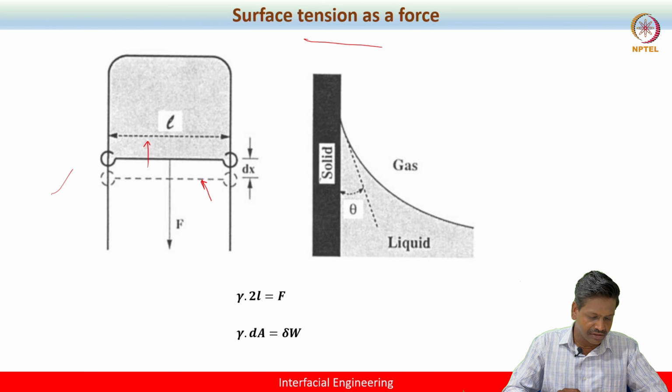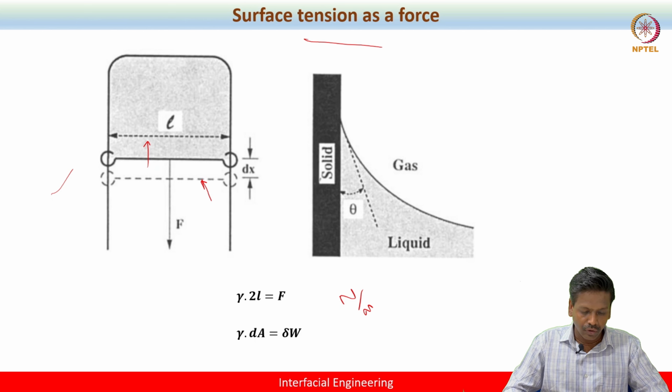Let's say we know what surface tension is: surface tension is nothing but force acting along the length of the surface, usually denoted in Newton per meter. Because it is denoted as force per unit length, when you multiply that with the perimeter, in this case since we consider the thin wire,